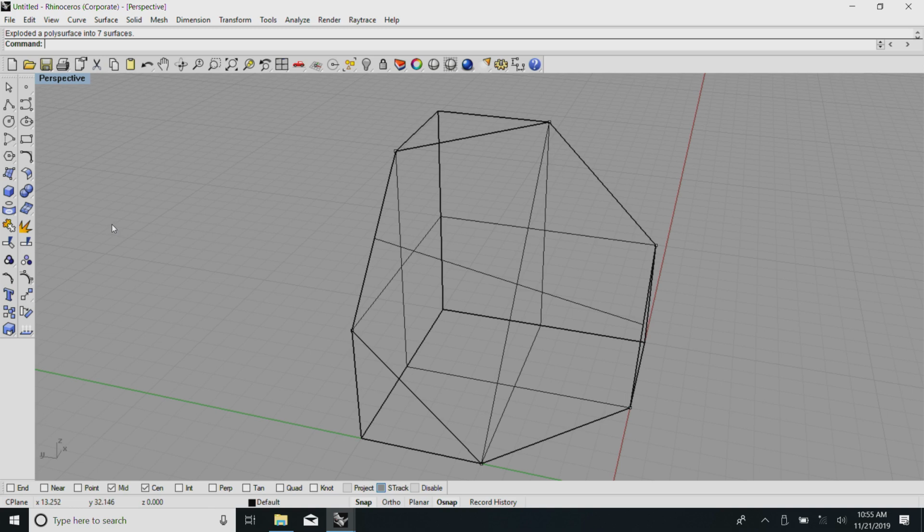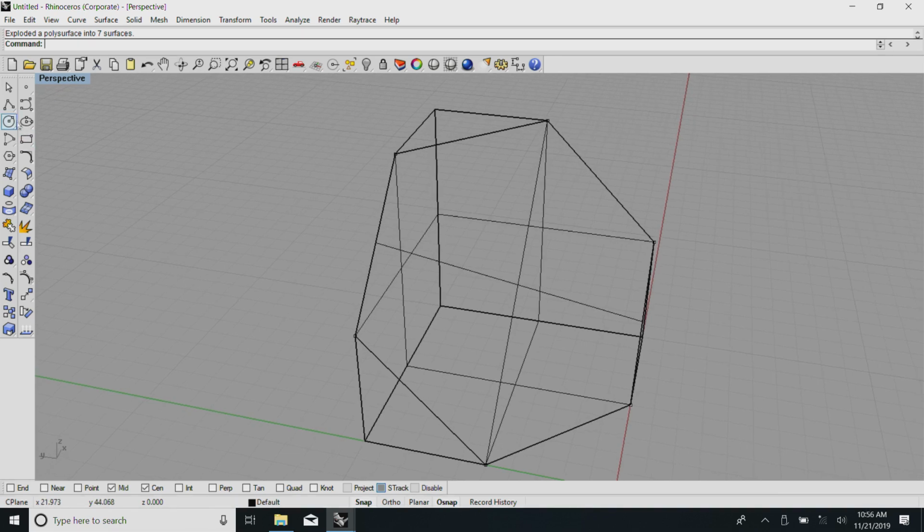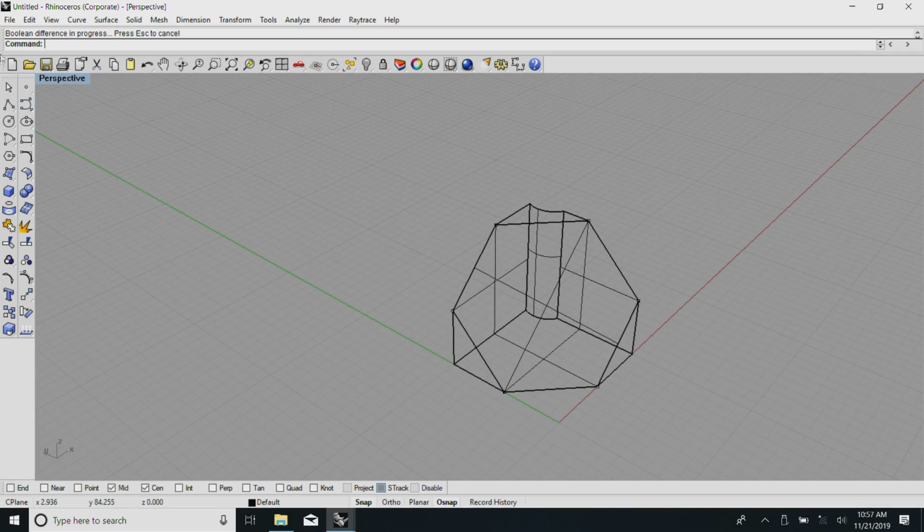Now, at this point, I can do various operations, including I can cut it, I can make openings in it. Just for a start, this is the basic Boolean that is possible. Now, I will make a proper Boolean that can be done.